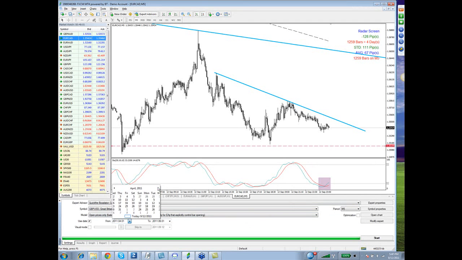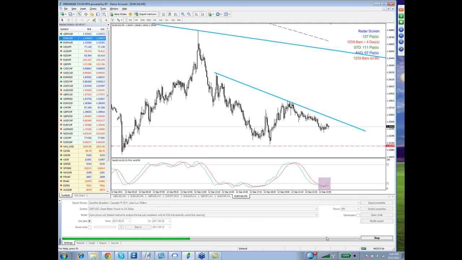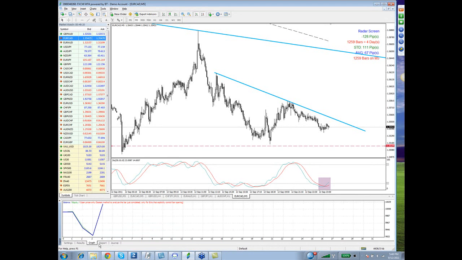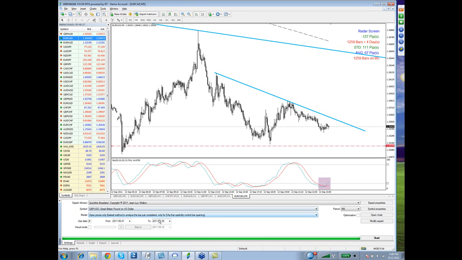Let's just run maybe June of 2011 on the 5-minute chart. We're just trend trading using the Bossilator. It gets to 200 candles, and then it starts to take trades. You can see here, here's the graph, here's the report. It only took 4 trades during that. Oh, that's right. June has a gap in the market, so it prevents it from running correctly. So it doesn't actually trade the whole month of June.